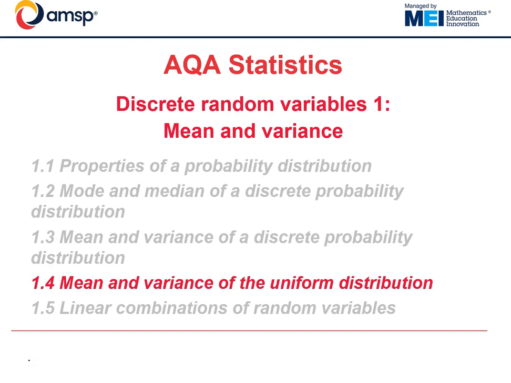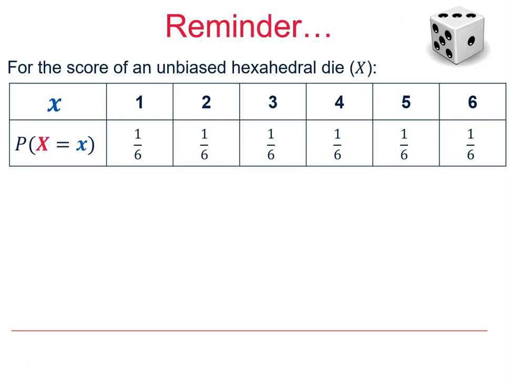Hello and welcome to this AQA Further Math Statistics video, the fourth in the series Discrete Random Variables 1, looking at the mean and variance of the uniform distribution. So a little reminder of a probability distribution you have met before, the score on an unbiased six-sided die, where we can have the outcomes 1, 2, 3, 4, 5 or 6 and they are equally likely, so each has